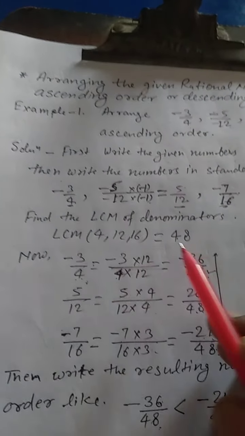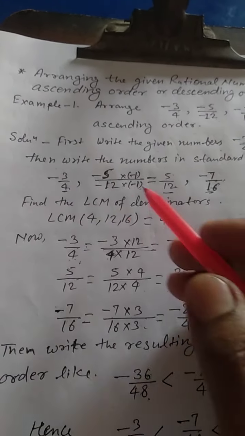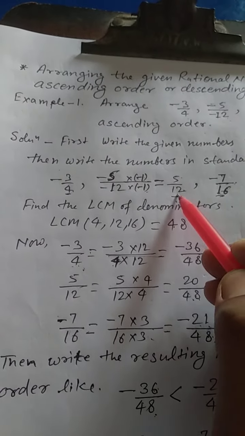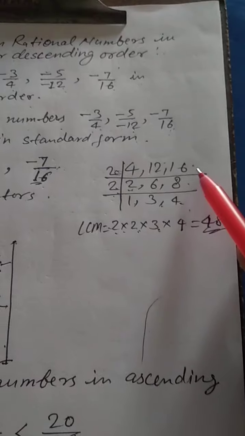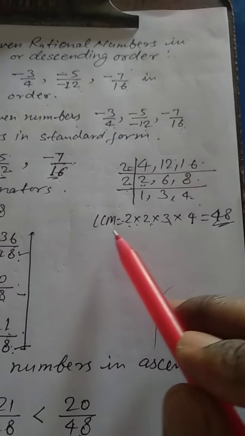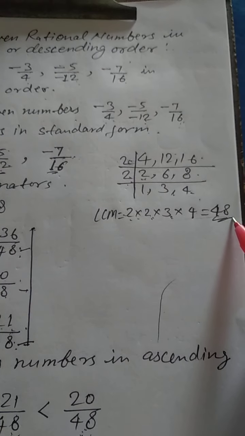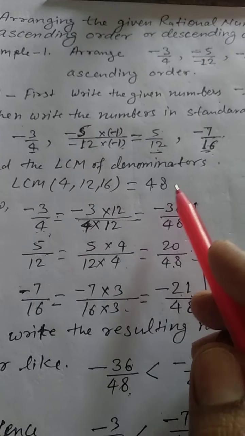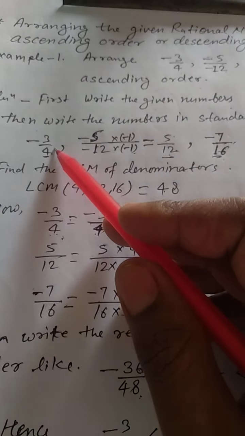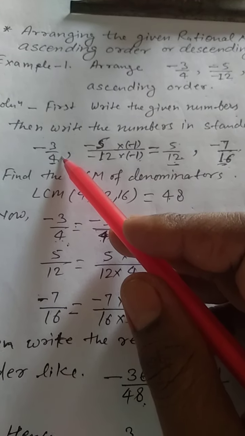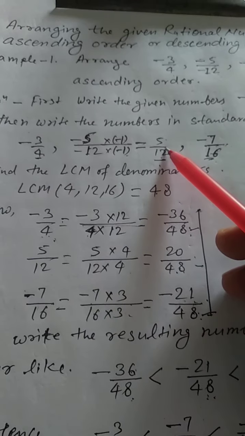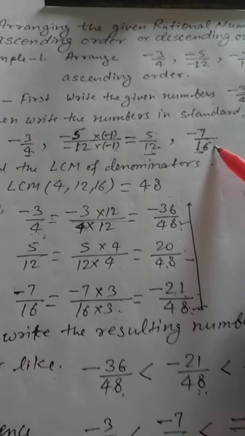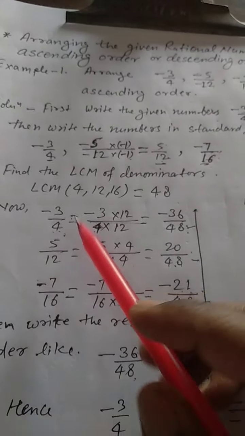Now, find the LCM of the denominators 4, 12 and 16. The LCM is 48. You can see, the LCM of 4, 12, 16 is 48. Now we have to write this number with 48 as denominator, this number with 48 as denominator, this number with 48 as denominator. So minus 3 by